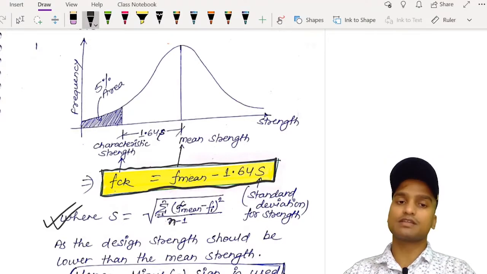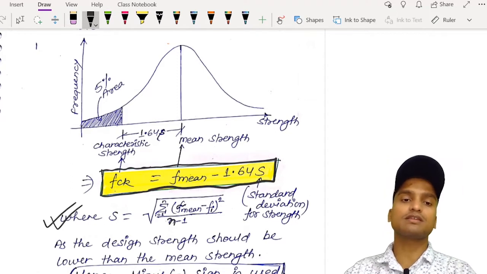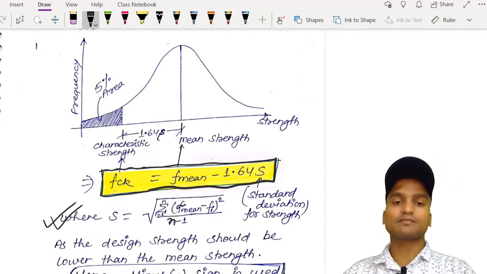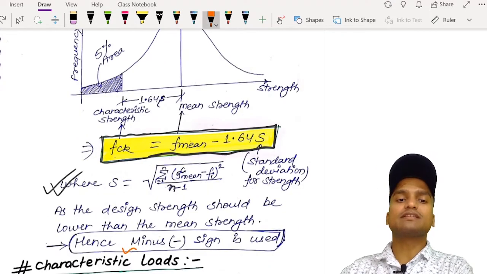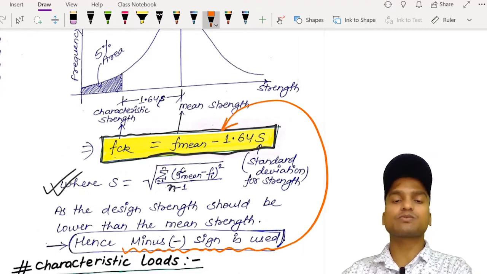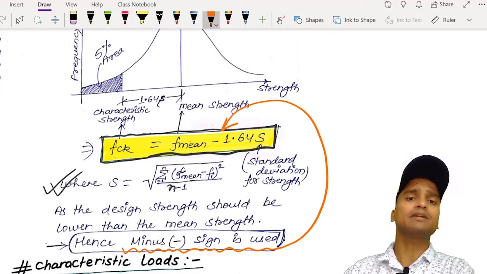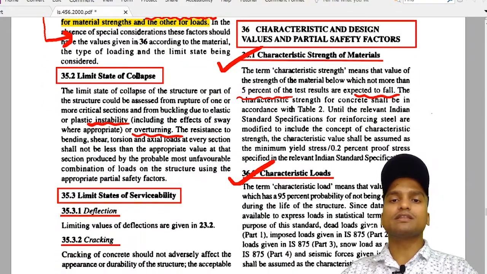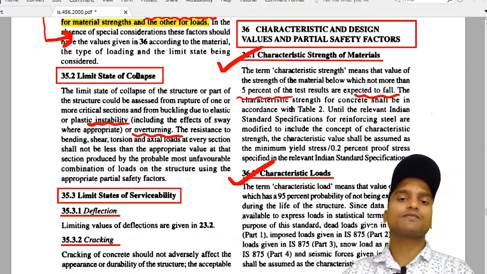video, and we will share you that link also. You can see how we have calculated the characteristic strength. All right, and you can easily understand why minus sign is used in formula here, because characteristic strength was less than the mean strength. Now after discussing this, we can also check in the IS code definitions for the characteristic